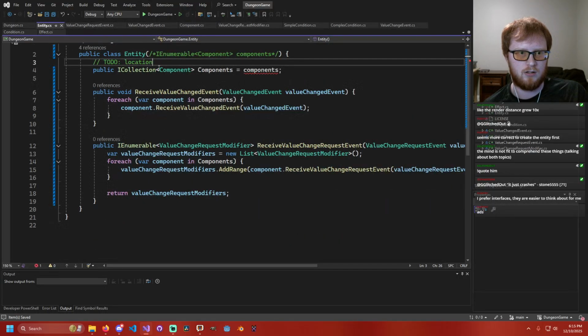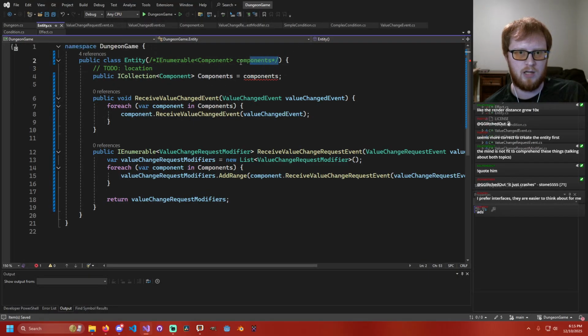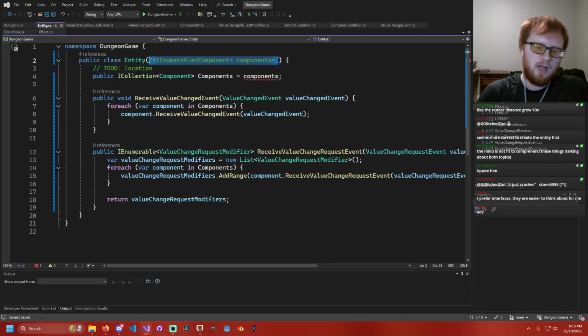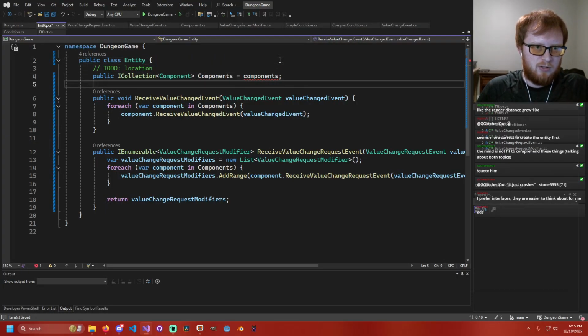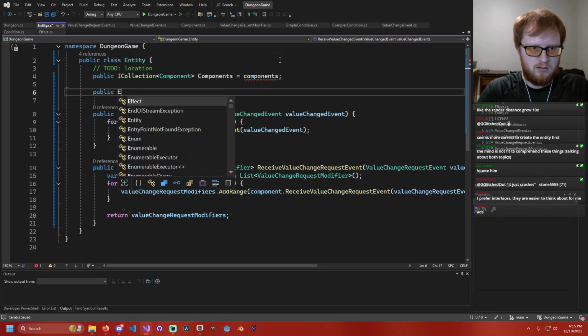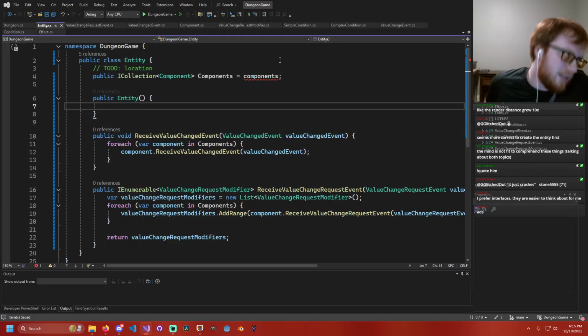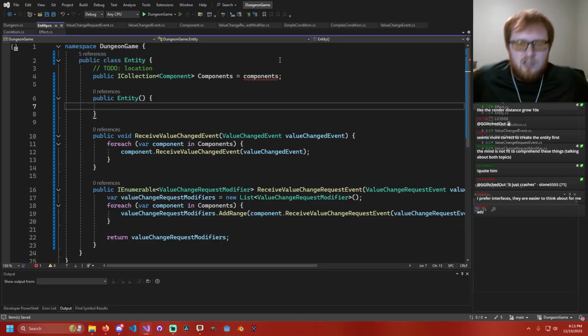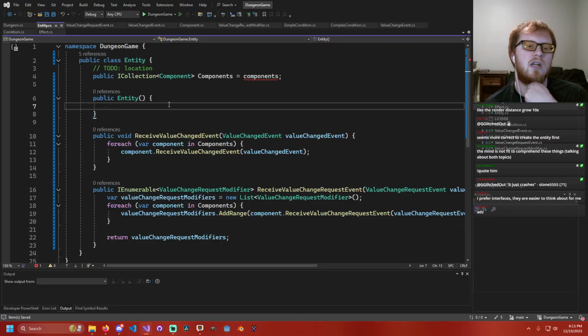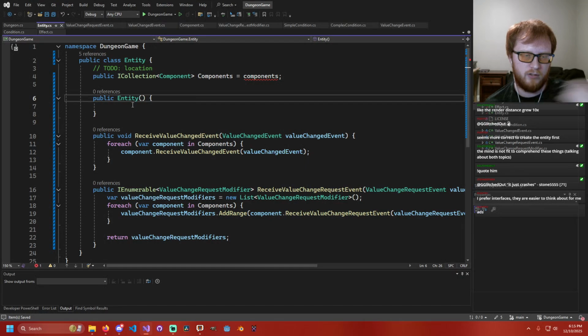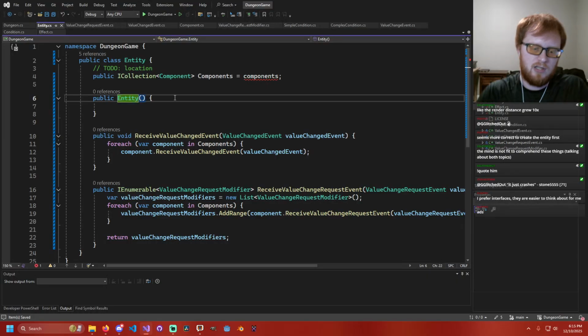And then let's go up to entity. So an entity. Let's do a similar thing here. An entity is actually going to need a little bit more than just an owner. It's actually going to need an owner and a location within the dungeon. So it's going to need like a